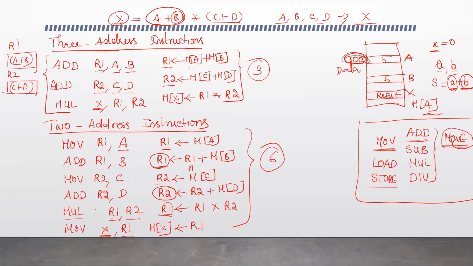But every instruction would be more complicated. If you take each instruction separately, it will occupy more bits. So to execute each and every instruction, the time is more. But the total cycle time will be reduced compared to 2 address instructions, because the number of instructions is less in 3 address instructions.